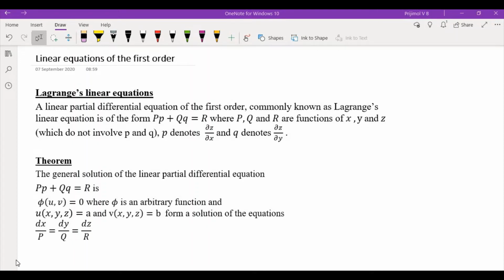Hi students, in this video I am going to discuss how to solve a Lagrange linear partial differential equation. Now what is the definition of that? A partial differential equation of the form